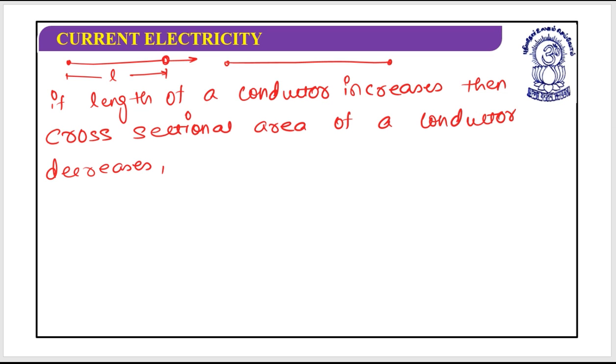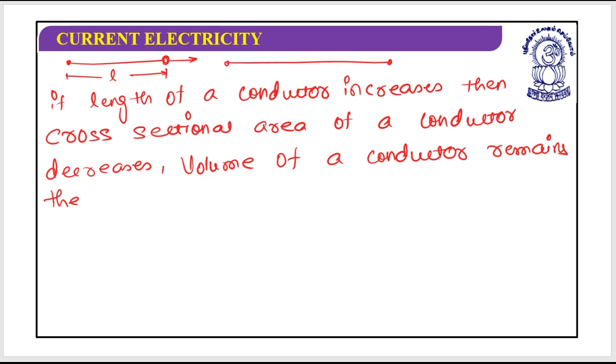That means the volume of a conductor remains the same. I hope you understand this: length is increasing but cross-sectional area must be decreasing. And if it is decreasing, that means the volume of a conductor must remain the same. This is the case. So if the volume of a conductor remains the same,